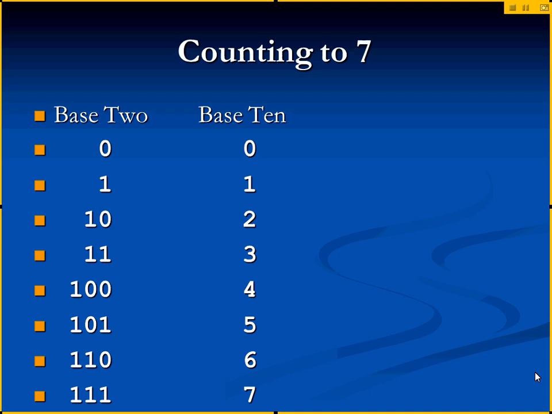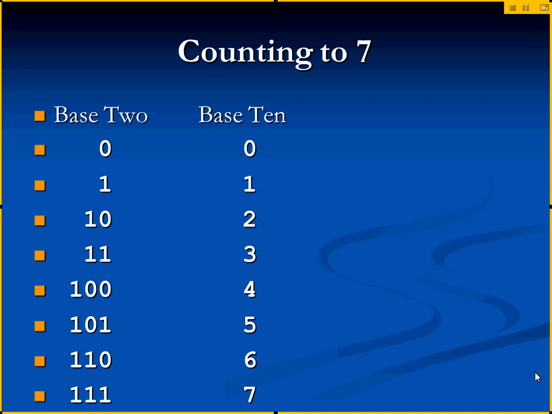Our wheel only has 2 numbers on it. You've got a 0 and a 1. The first wheel is a 0, I count to 1, and I've got a 1. Now when I roll that wheel over, it turns back to a 0, and the one next to it goes over to a 1. So that's how we're counting in base 2. I have a 0 and a 1. Now I go 0, 1,